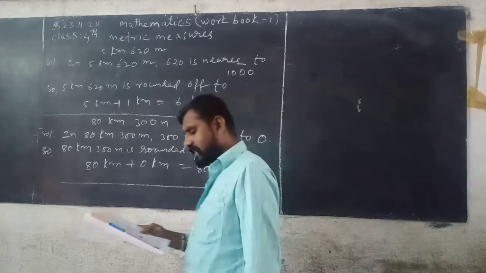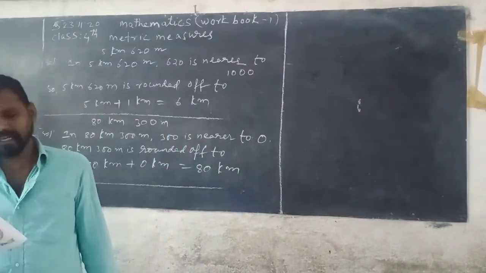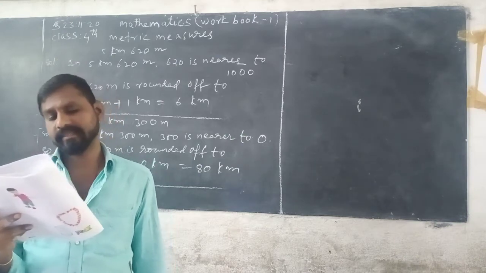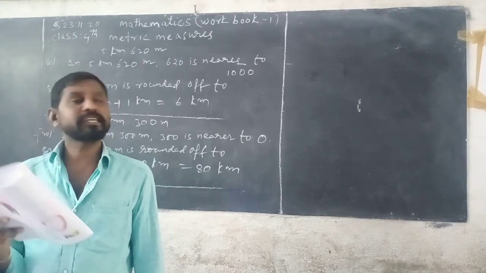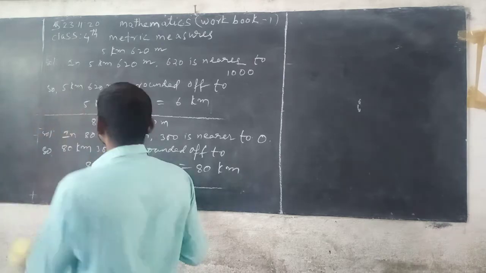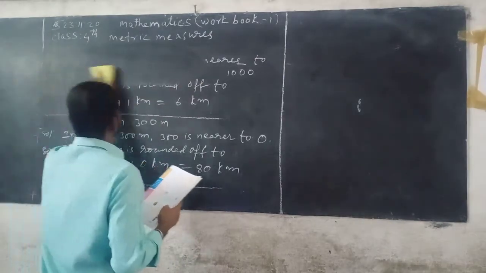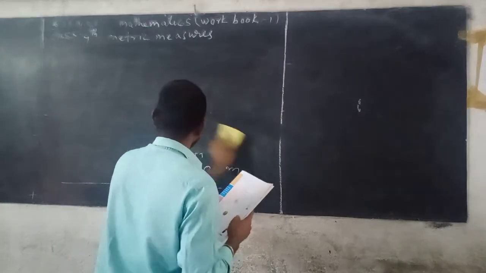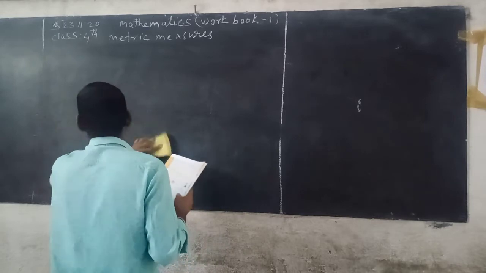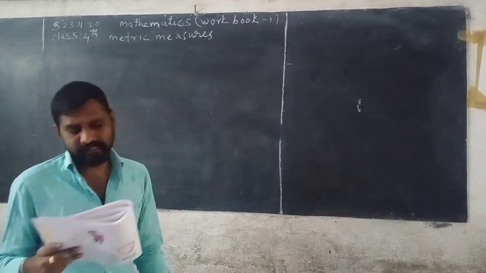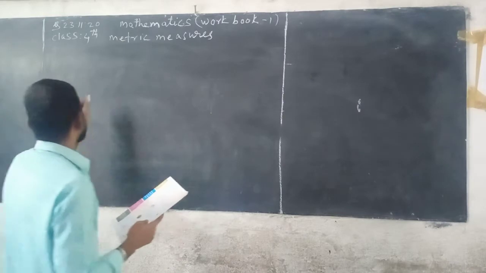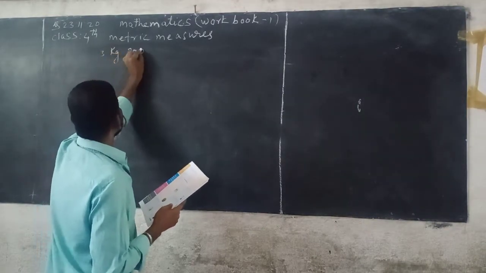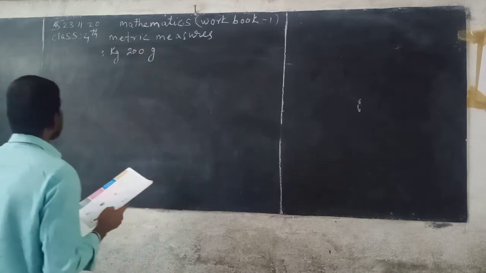Now next, estimate the weight to the nearest kilograms. The watermelon weighs 3 kg 200 grams. Solution: